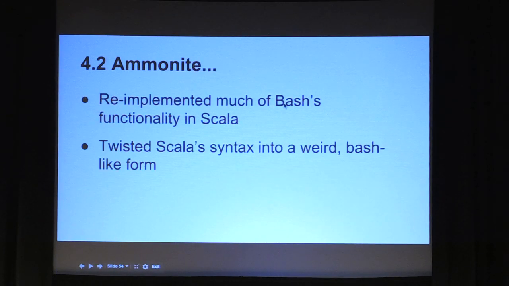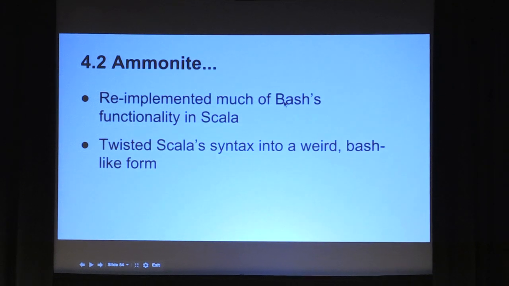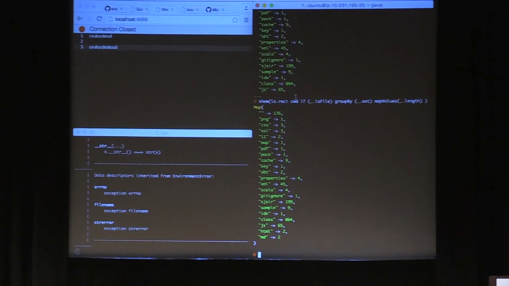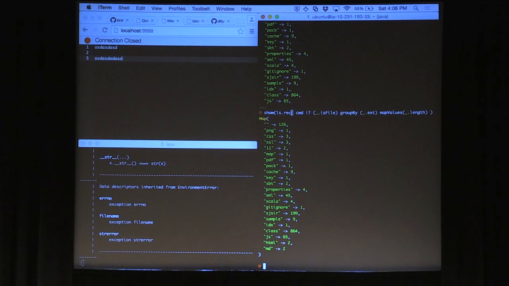So that's what we've done. We've twisted Scala syntax into a weird bash-like form. I know not everyone's going to be a fan of this kind of weird piping or this kind of weird exclamation mark. And maybe it doesn't have any place in a real enterprise-grade software project. But neither does bash, I would argue, because if this is sketchy, then what is bash? So if we accept the premise that having some kind of conciseness is valuable, then this is the logical conclusion: we should make the things that you'd use concise, and they kind of behave like pipes anyway, so just make them look like pipes.